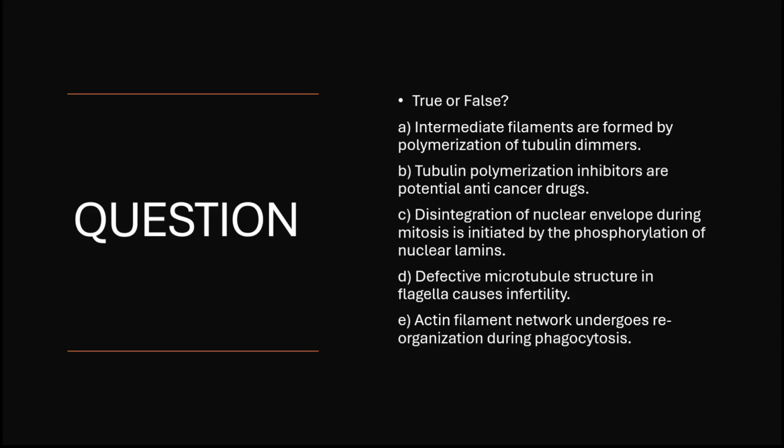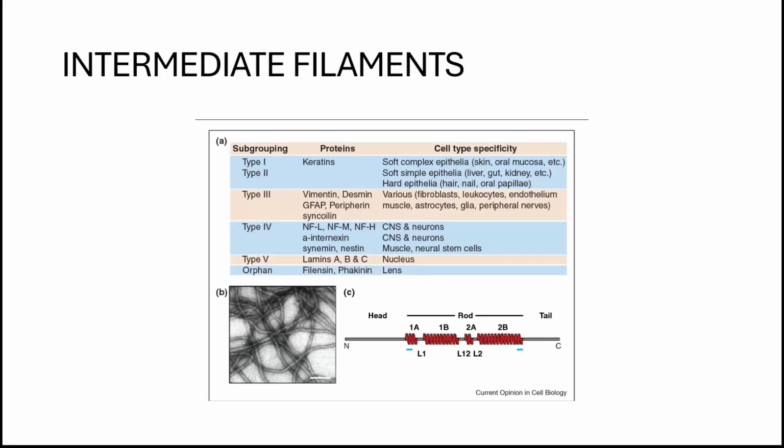So prior to going into details about the cytoskeleton itself, I would like to look at a question that was posed in the previous examination. These consist of 5 statements which have a rather theoretical aspect, and these questions are a bit tough and difficult to answer if you do not have accurate knowledge about how the cytoskeleton is formed and what its structures are composed of. Now, looking at the first statement, it is given that intermediate filaments are formed by polymerization of tubulin dimers. Now, if you can remember the exact structure,